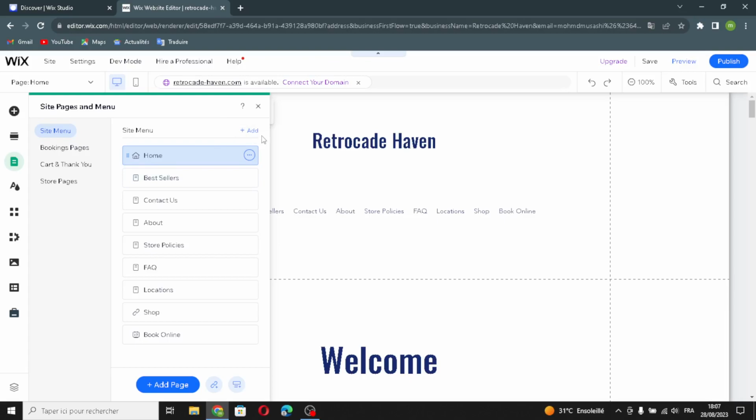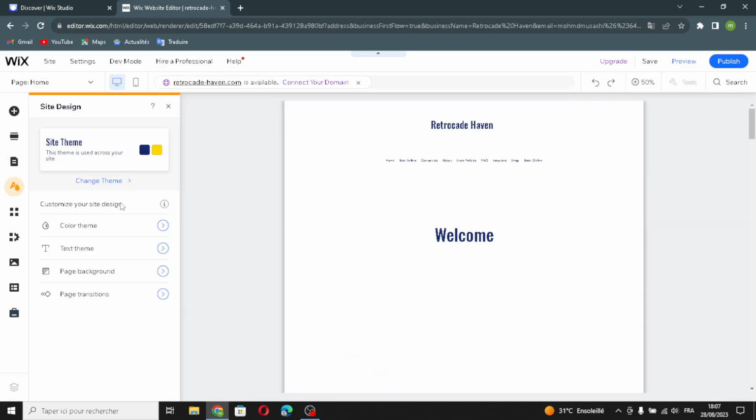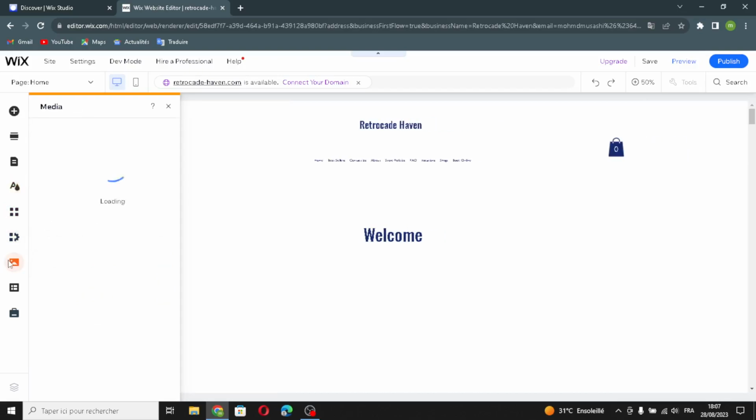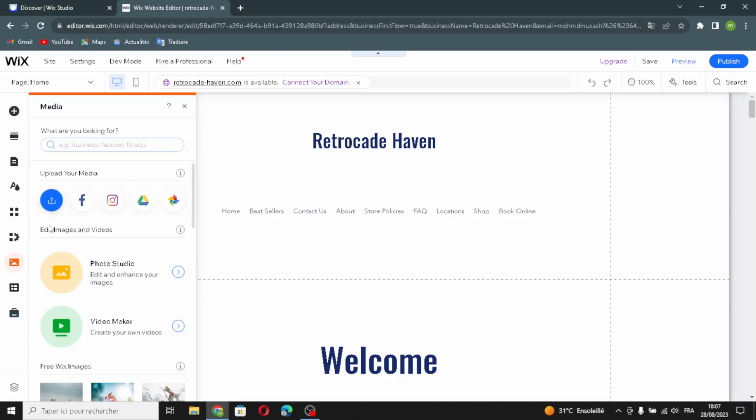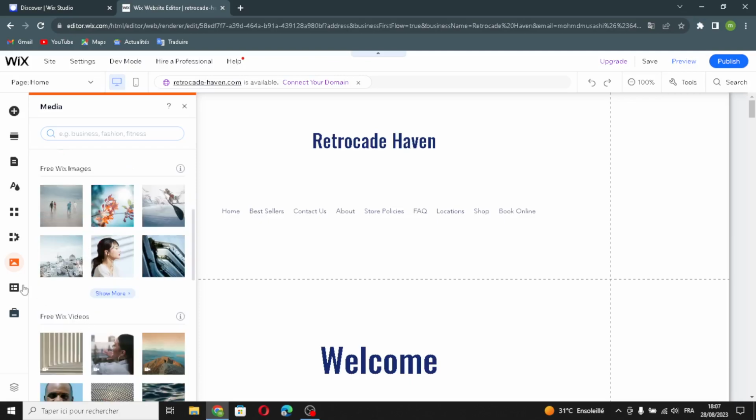So here if you want to add page, select any page from here you want. Now let's move on to the site design. Customize your sites, the color theme or the text theme or the page background or the page transitions. If you want to add apps, if you want to manage your business, here if you want to upload your media or edit images and videos, if you're looking for some free Wix images or free Wix videos,